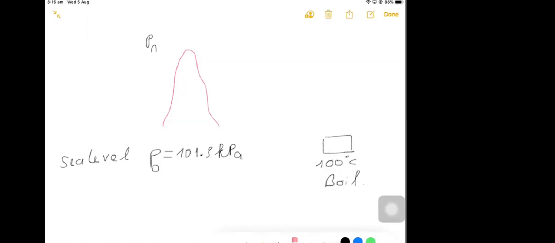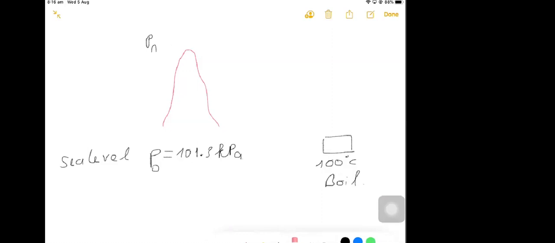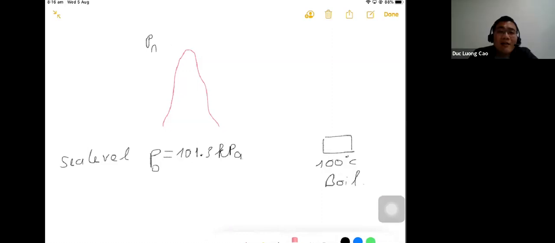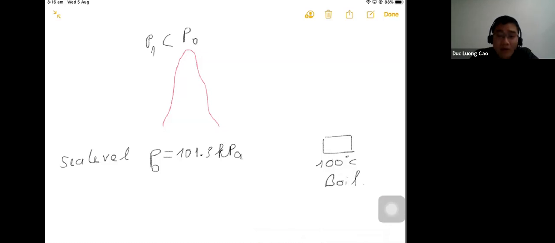In the high mountains, yeah, water boils at a lower temperature. Is that correct? Yeah, it's a lower temperature. And how about pressure P1? Pressure is lower at altitude. Yeah, P1 will be smaller than P0. And at this pressure, water will boil at T1, smaller than T0. Okay. And in this case,